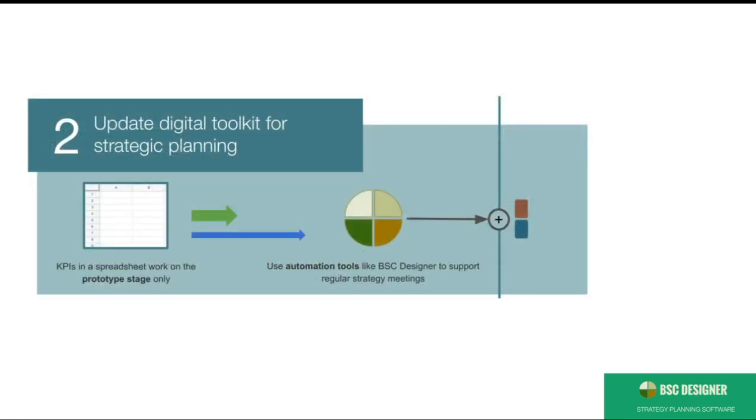We finished with the first step, preparation. On the second step, let's think a little bit about the automation tools for strategy execution. For a successful digital transformation, your team will need to track some performance metrics, map the goals, define the initiatives, track performance over time, align different parts of the strategy, etc. On a small scale, you can do all this in spreadsheet software. If you plan to scale, make sure you have specialized software for strategy execution.